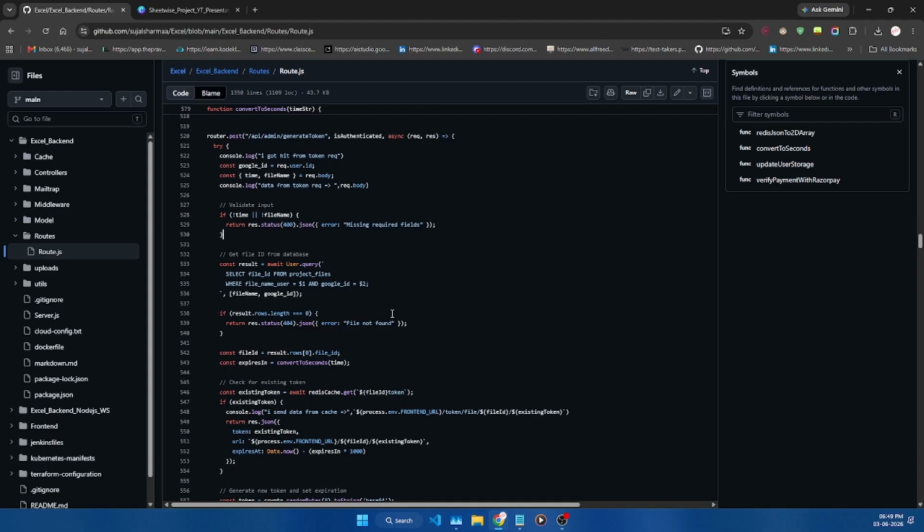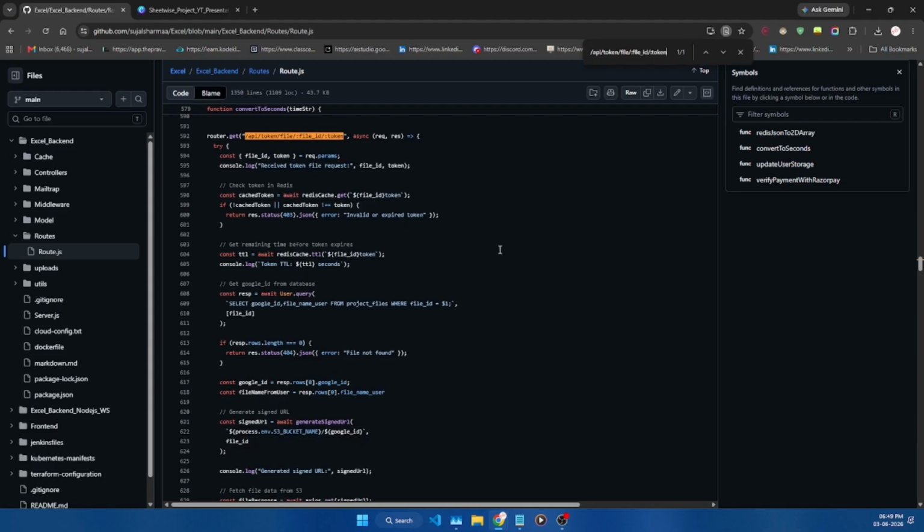/token/file/file ID/token. So let's now move on to API/token/file/file ID/token. So the purpose of this route is to provide a public endpoint link to view the file without logging in. It looks up the token in Redis.